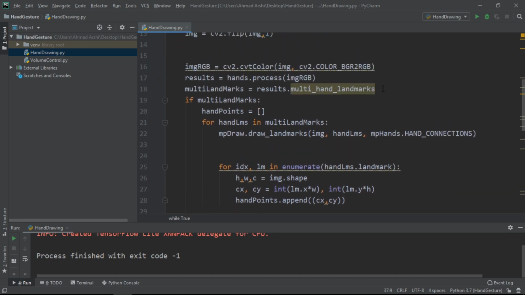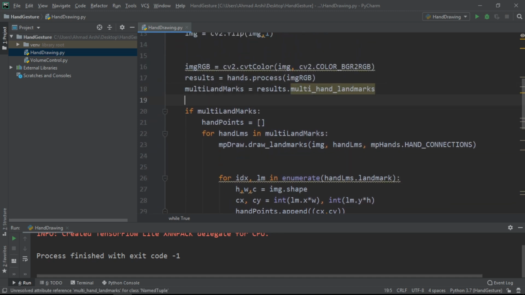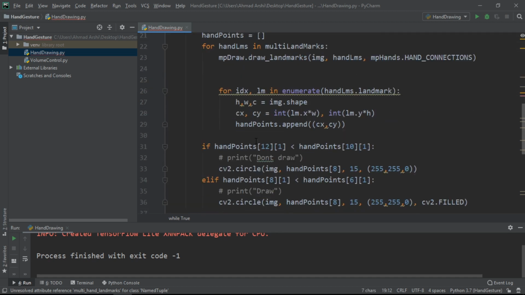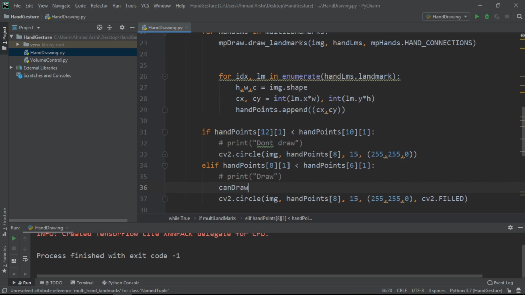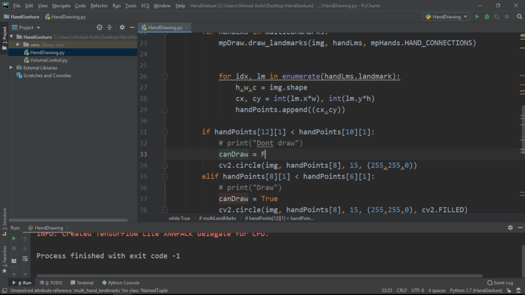So up inside this, let's just declare the variable can draw, and right now let's just make it false. And if we are in the draw mode, we can simply set can draw to true. And otherwise, if we cannot draw, we can set it to false.